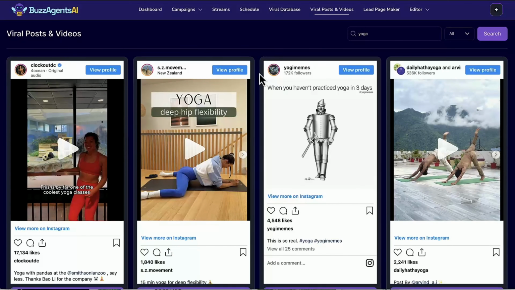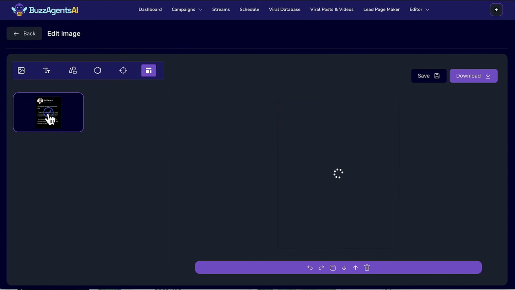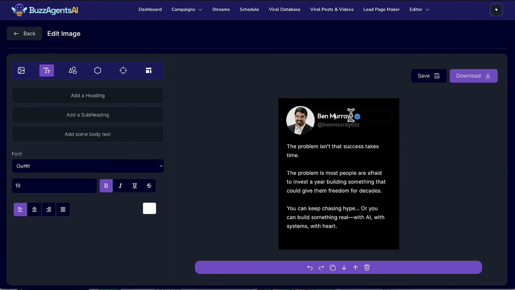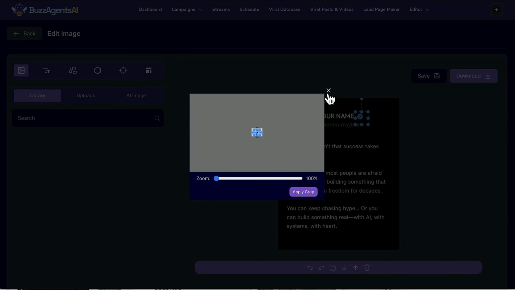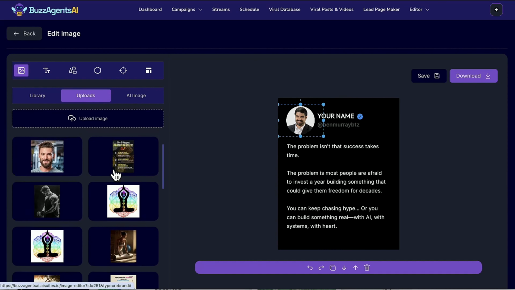You can even repurpose it using an editor here. So if you go to image editor, we do give you one template that's very popular right now. The X template. You might have seen Alex Hormozi and many people using this template on their Instagram and Facebook to get a lot of engagement, where essentially you want to edit this with your name and your handle. You want to upload your image, and it will actually let you crop it. And then we can go ahead and add